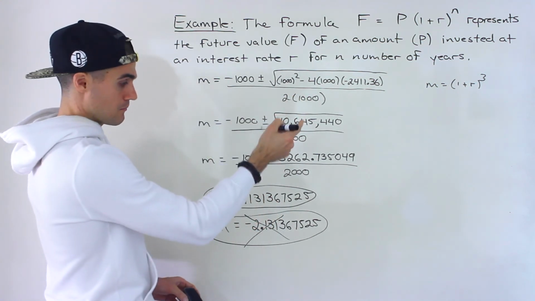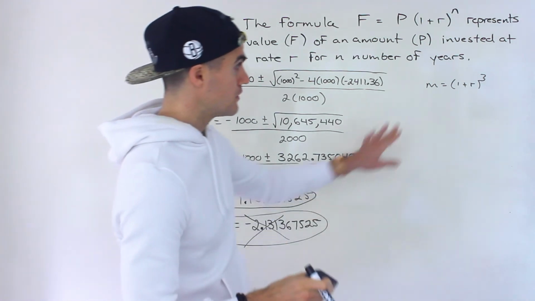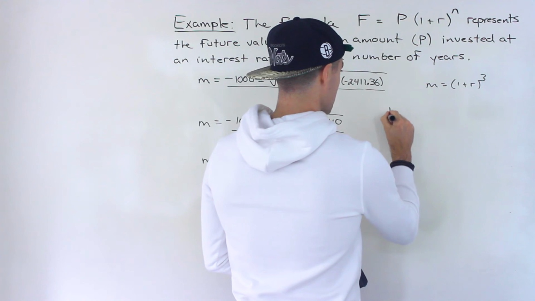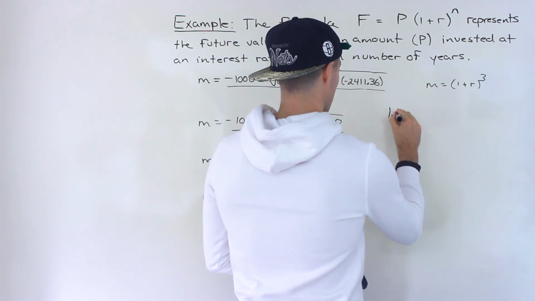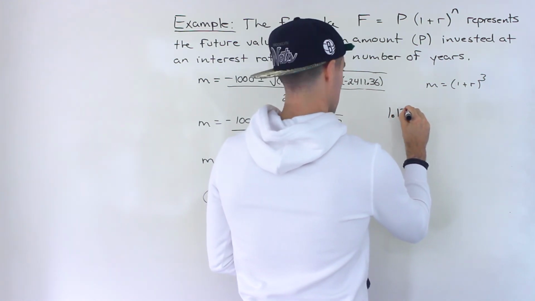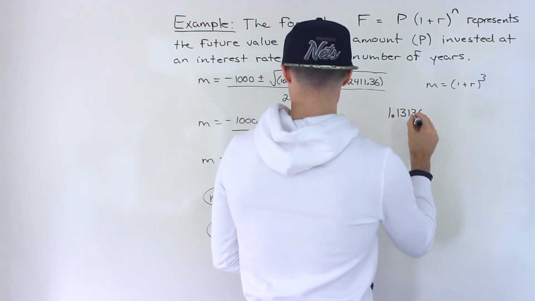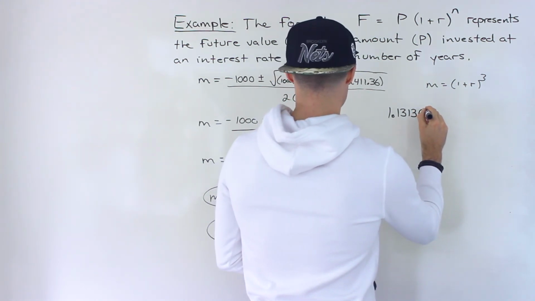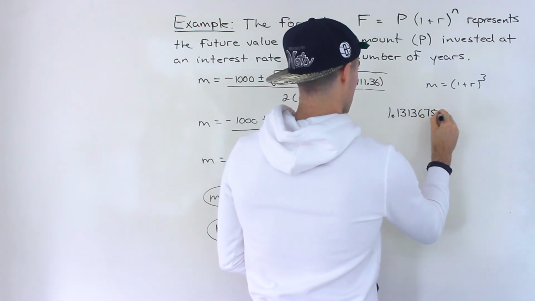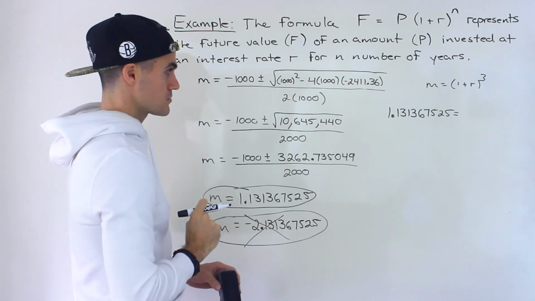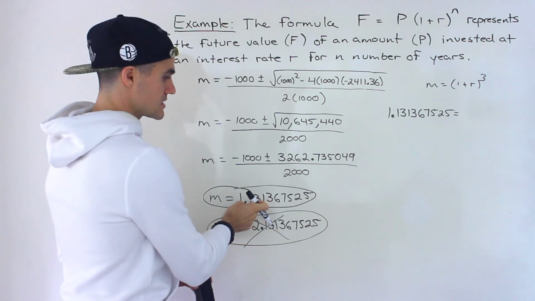We got to bring back this substitution that we made and then bring back the r, because that's what we're solving for eventually. We're not solving for this m. That was just a preliminary step in order to make this equation look smoother, right? So we're going to use this m value,